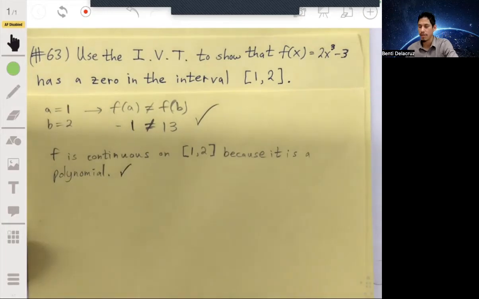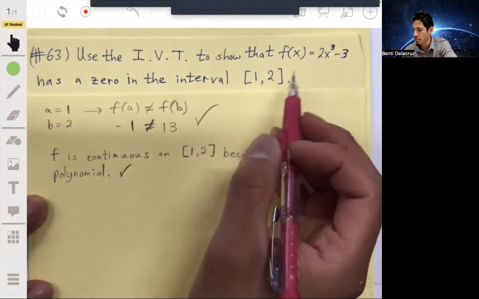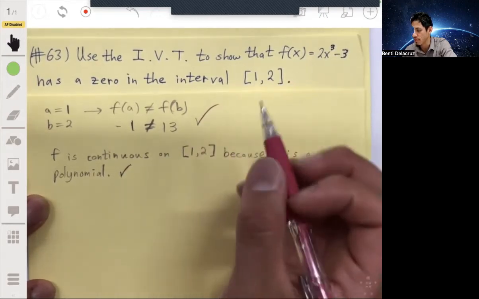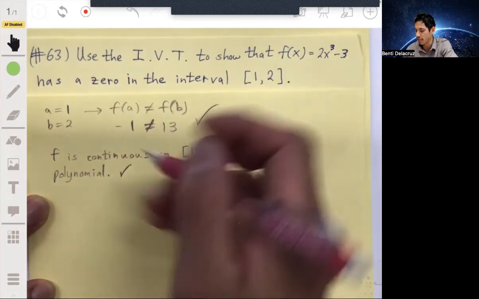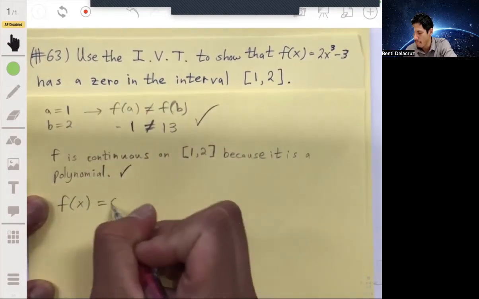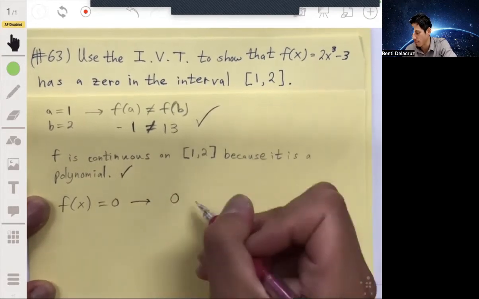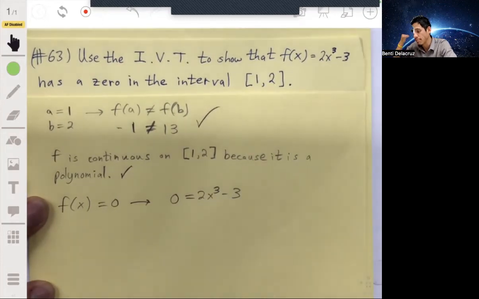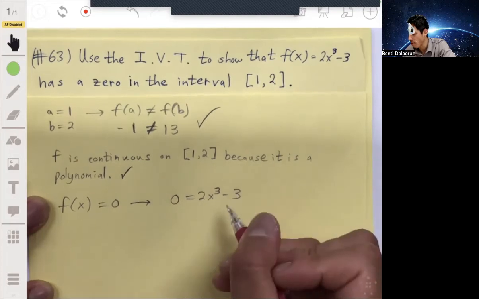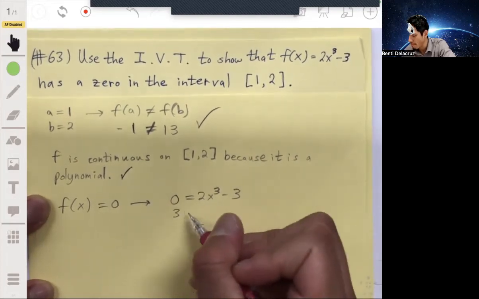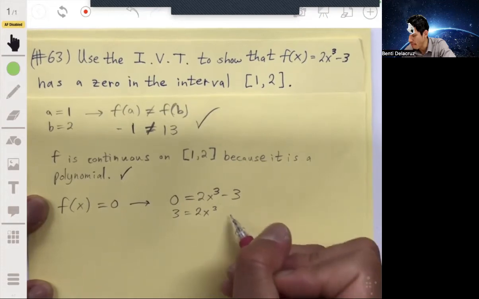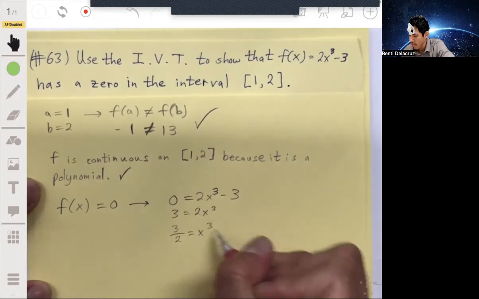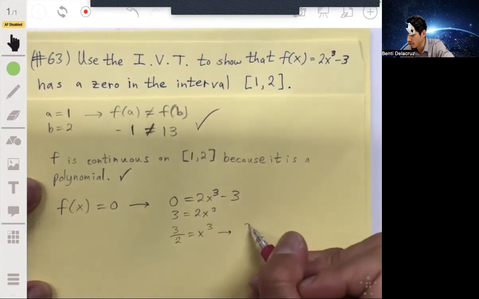If we're going to use it to show that there's a 0 in this interval, that essentially means that this function can be equal to 0 for some x between 1 and 2. So the way I would write this is that we can set f of x equal to 0, meaning that 0 is equal to 2x cubed minus 3. And we solve this for x. So we can get 3 equals 2x cubed, and then 3 halves equals x cubed. And then undoing the cube, we'll take the third root of 3 halves